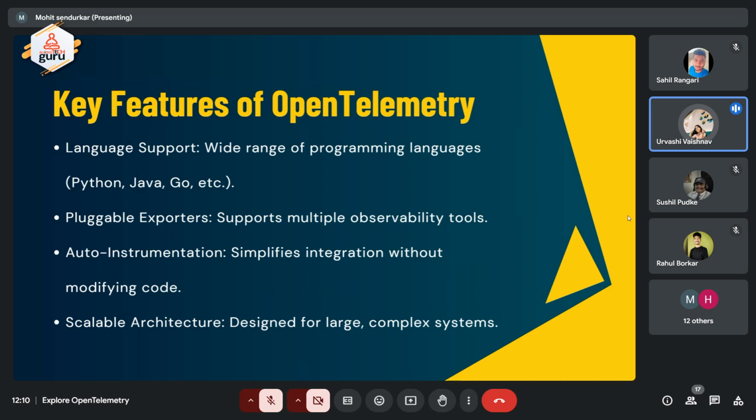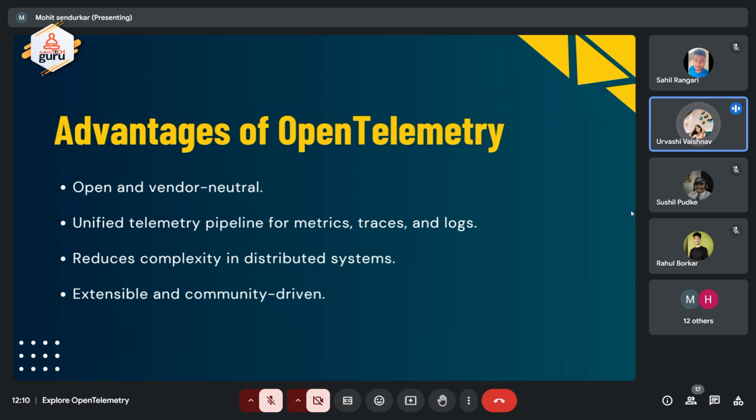Now, you might think, why is OpenTelemetry a game changer? First, it is open and vendor neutral, giving you flexibility. It creates a unified telemetry pipeline for metrics, traces, and logs, reducing complexity in distributed systems. And the best part, it's community driven and extensible, ensuring it evolves with your needs. Think of it as having a universal remote for all your observability tools, saving you from